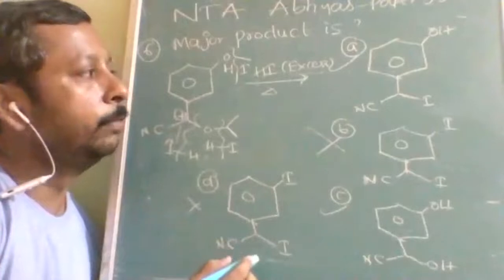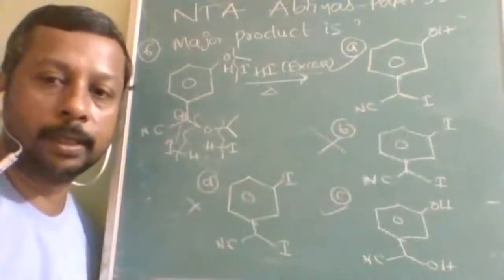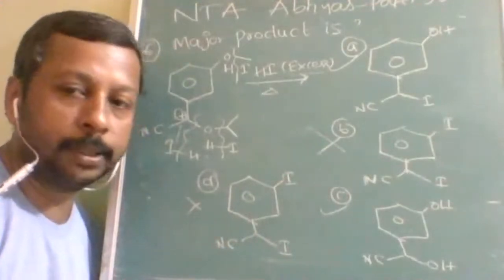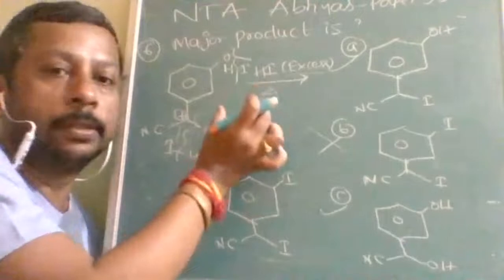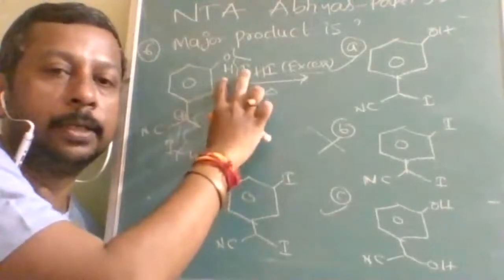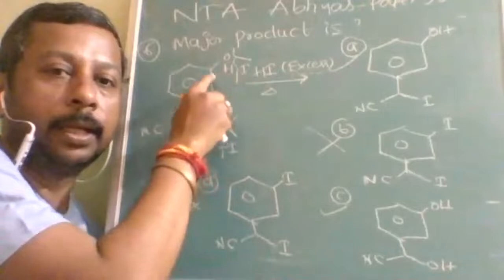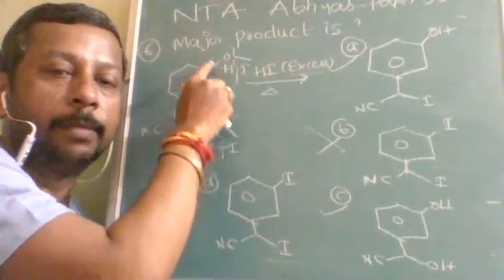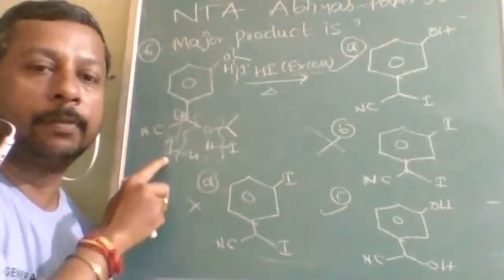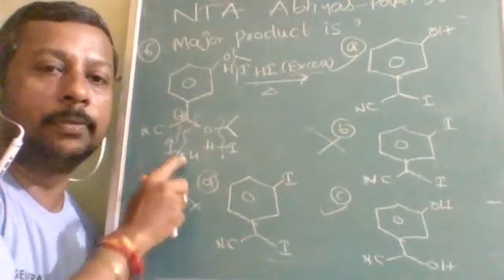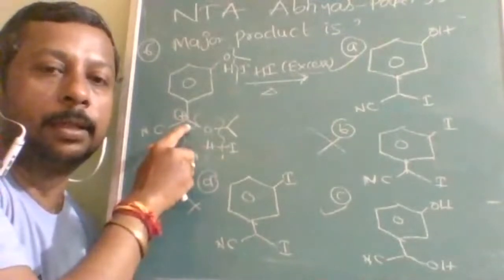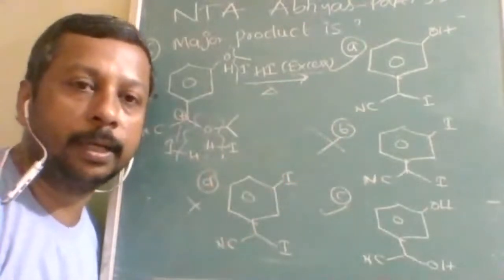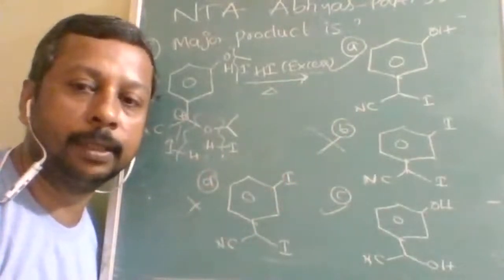Where is iodine going? This one. So which option is correct? Option A is correct. Why is A correct? How to approach this type of question? Everywhere you have to check which is the best product. If HI is there, phenol. If iodine is there, then benzyl iodide and methyl alcohol. Benzyl iodide formation from the other side is very difficult because of the partial double bond character. HI will give you the stable product because of the benzyl carbocation. That's why option A is correct. Is it understood how to solve questions of HI with ether?